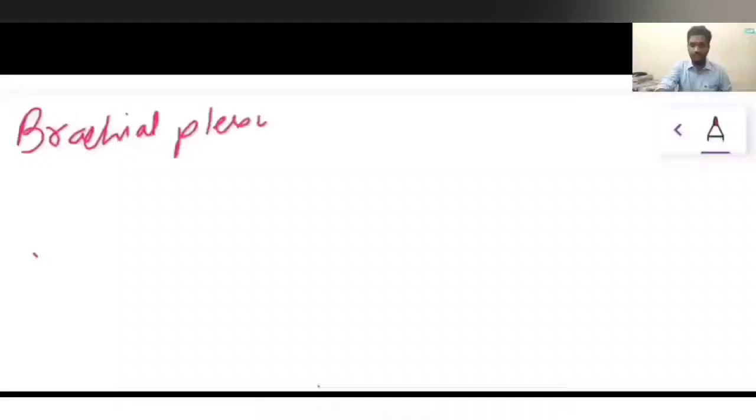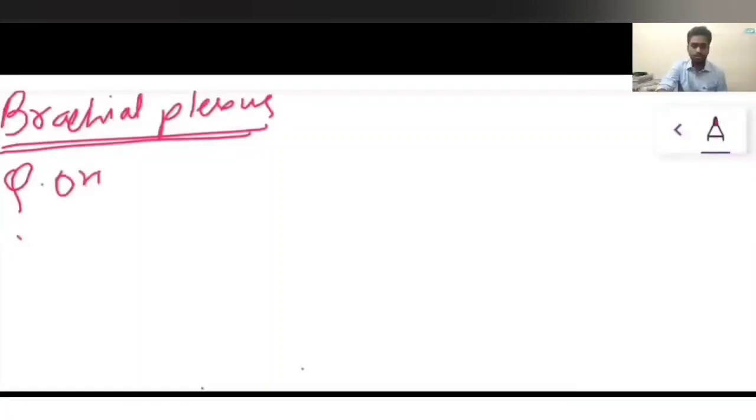So today we will discuss an important topic called the brachial plexus. All right, so let's get into it. What is the brachial plexus? It is a network of